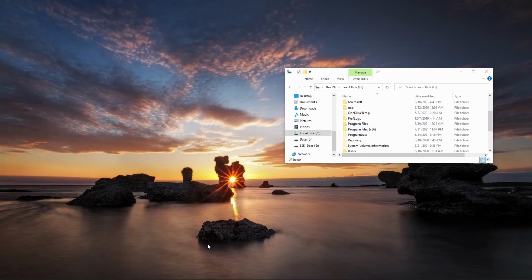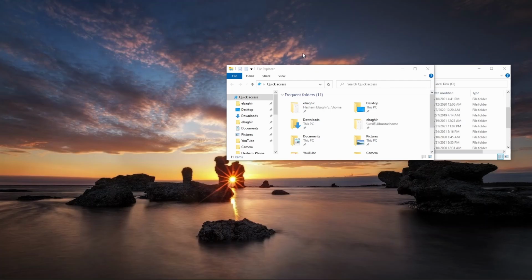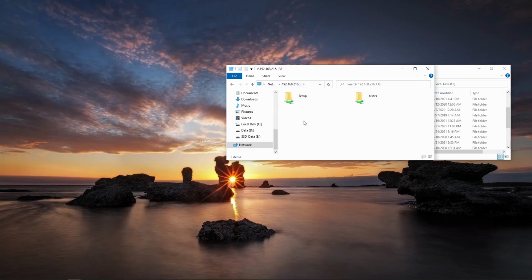Let me show you another one. So this computer I'm gonna use has Windows 10, has a different IP address, which I will type here. And as you can see, I have a couple shares already on it. However, if I go and do the same thing I did for my computer,